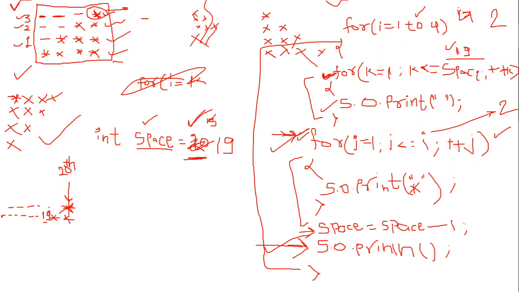After executing 2 times, this inner for loop will not work and it will come out of this loop. Again we will come to this line, space equals to space -1. Again I am decreasing it by 1. So this time value will become 18. And also we are changing the line with the help of this. So line is changed. After that our cursor will again start from the beginning. Line is changed, so cursor will start from something here, very starting.